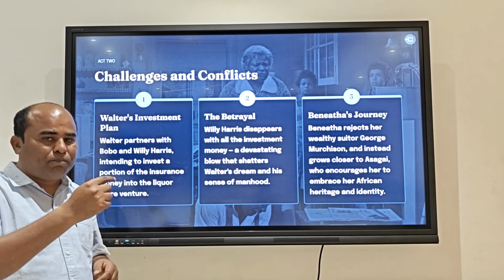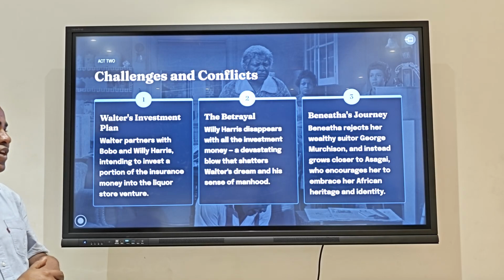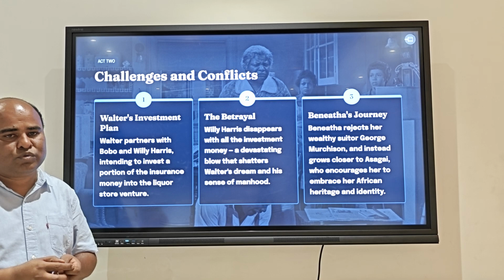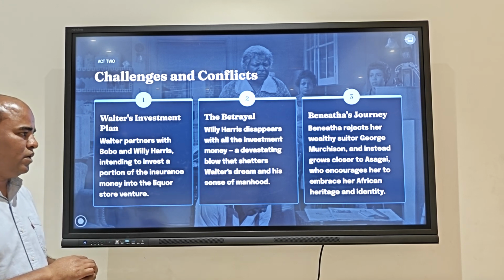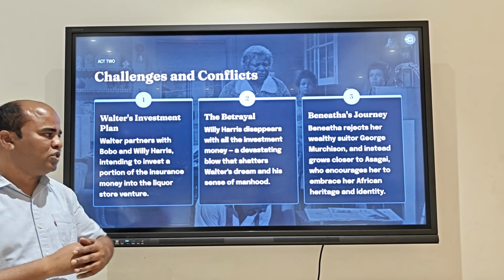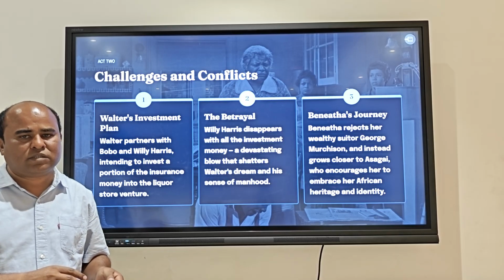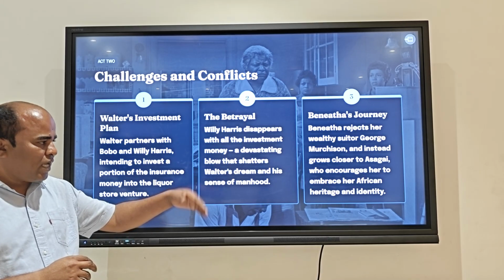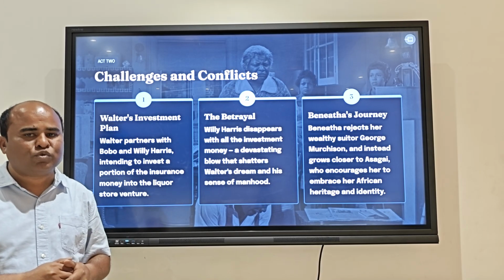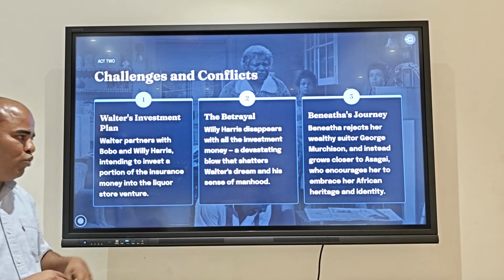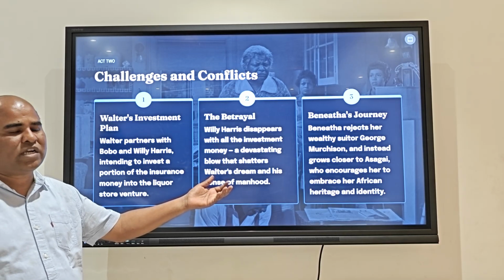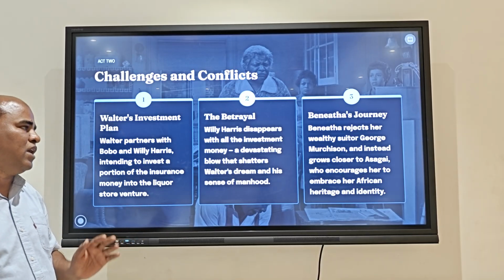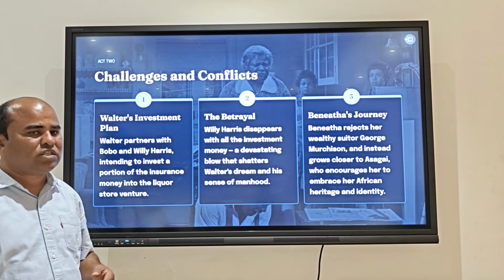Now, the third important aspect of this act is Benitha's journey. Benitha, a young girl, has two suitors. The first is George Murchison, who's a wealthy black American young man. And there is another character in the play who's actually a Nigerian student who has come to study in the United States of America. Now the entire Younger family wants Benitha to get settled down with George Murchison because